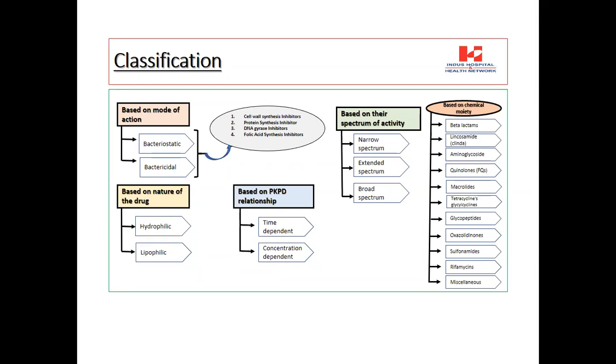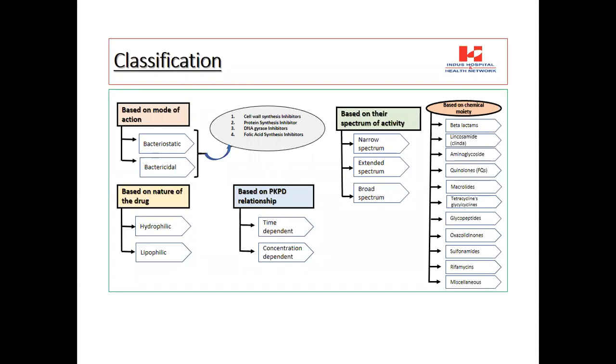Another classification होती है that depend on the nature of the drug, यानी कि उसकी जो फिजियोकेमिकल प्रॉपर्टीज होती हैं उसके मुताबिक क्लासिफाई किया जाता है। कुछ हाइड्रोफिलिक होती हैं, कुछ लाइपोफिलिक होती हैं। हाइड्रोफिलिक से ये है कि वाटर मीडियम में वो ज्यादा स्टेबल होती हैं, और जो लाइपोफिलिक होती हैं वो लिपिड मीडियम में या मस्कुलर मीडियम होता है वहां पे ज्यादा अपनी पेनिट्रेशन शो करती हैं।